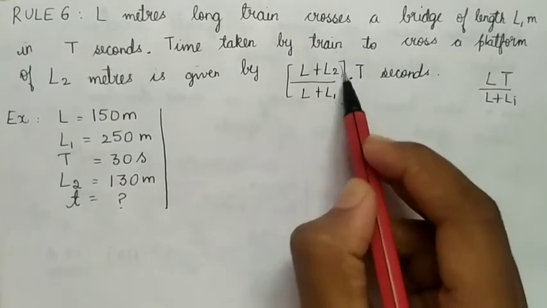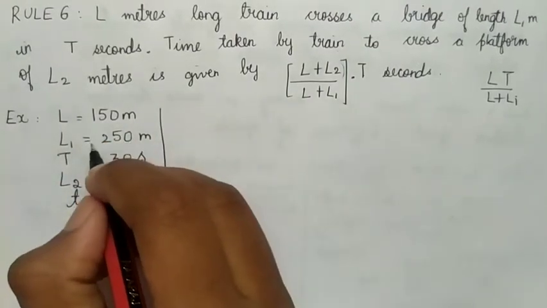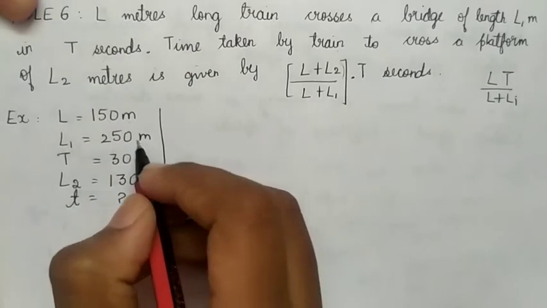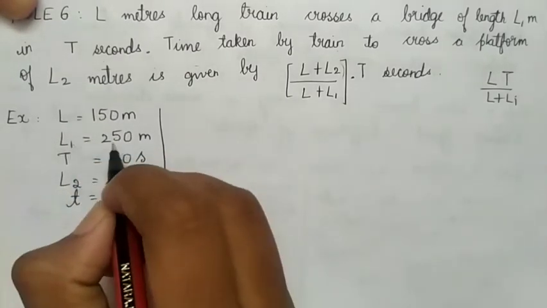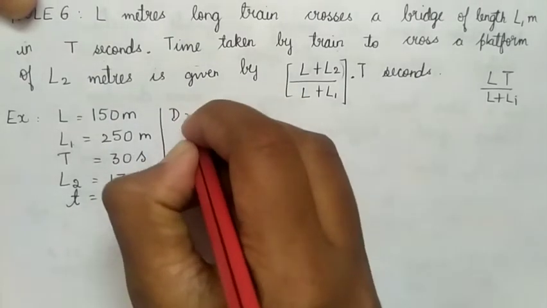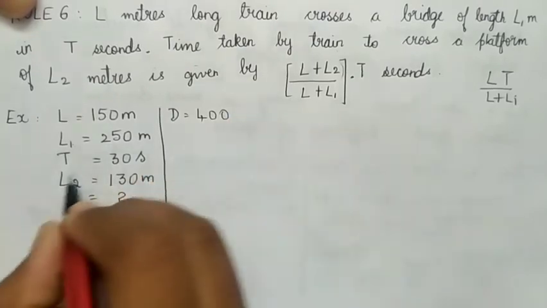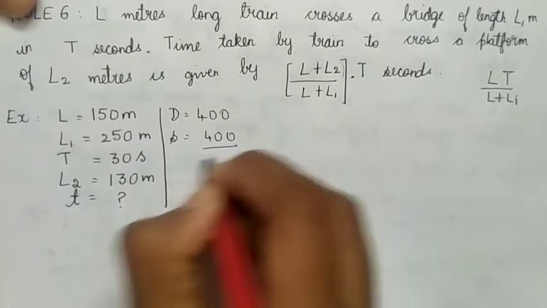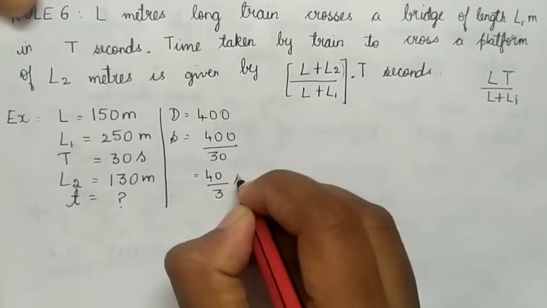Now the addition is this L2, the length of the platform. So I'll find the speed of the train first. To find the speed of the train, I'll have to find the distance it covers in the first case, the platform L1 of length 250 meters. So distance will be 250 plus 150, 400. The time is 30 seconds. So speed will be 400 by 30 equal to 40 by 3